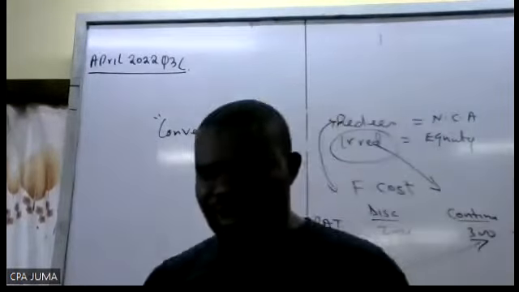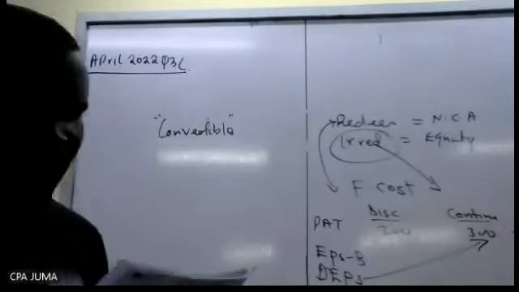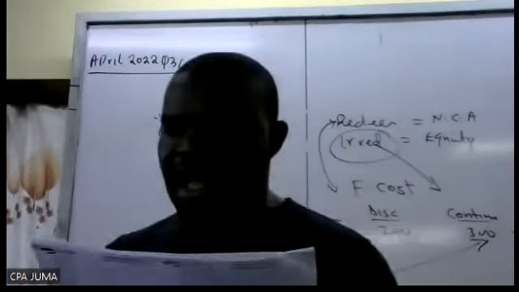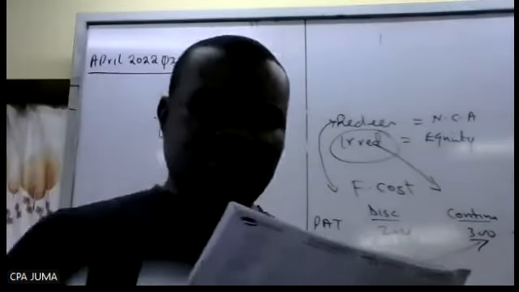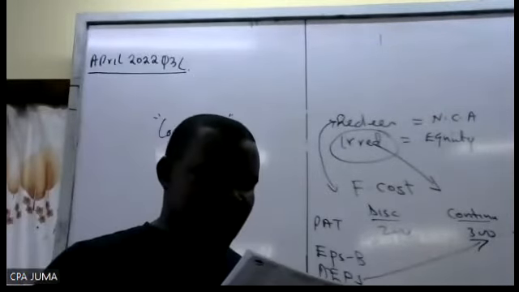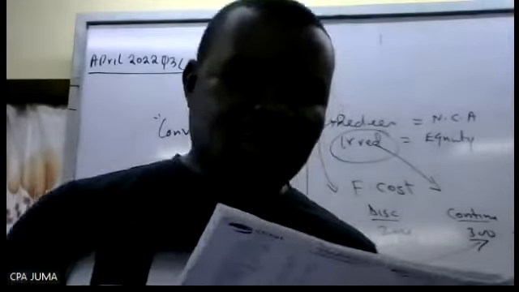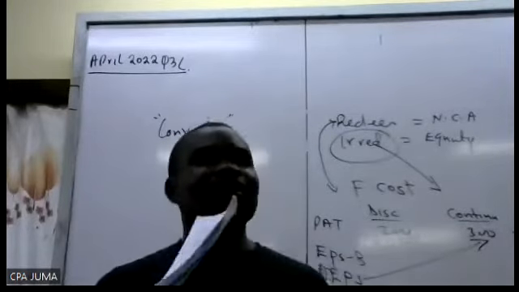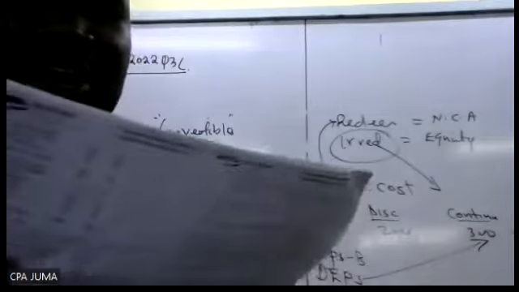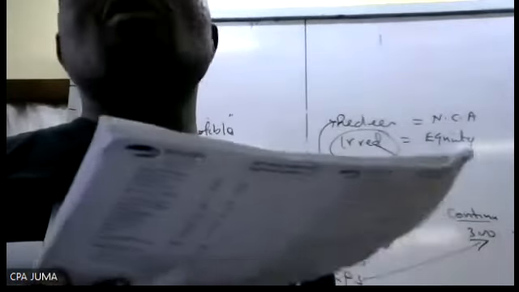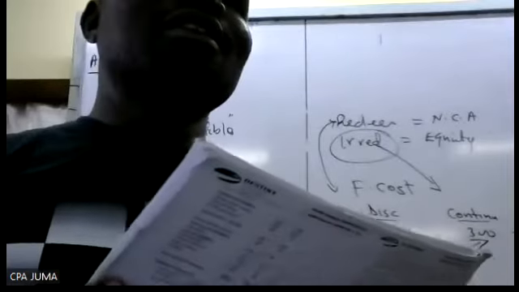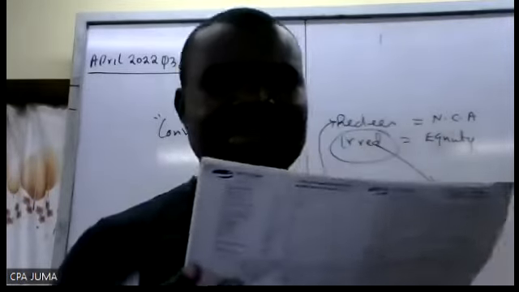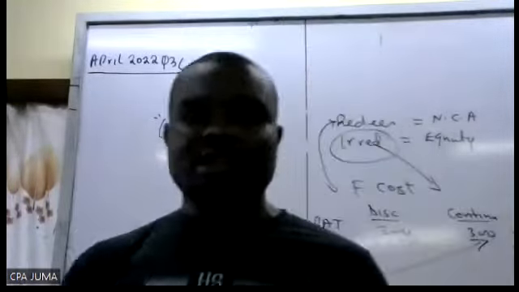Convertible. So convertible bonds with an effective interest rate of 12%. The bond is convertible into ordinary shares at the holder's option on the basis of 60 shares per shillings 100 of the bond. None of the bonds was converted during the year 2021. Nobody converted, but assuming they will convert, what will happen? The income tax rate applicable to R Limited, mine doesn't have the rate. Who has the rate? Maybe they skipped, but we can know it is 30%. Yes, so the income tax rate applicable to R Limited is 30%.